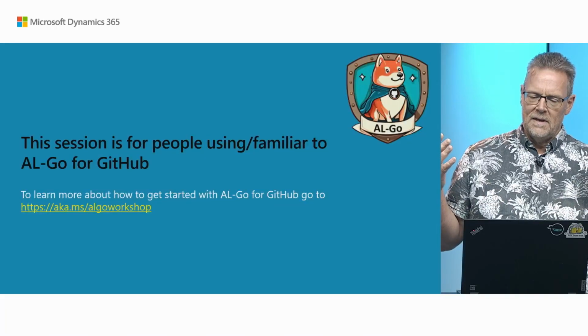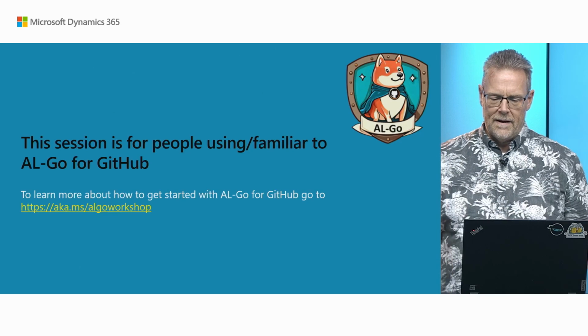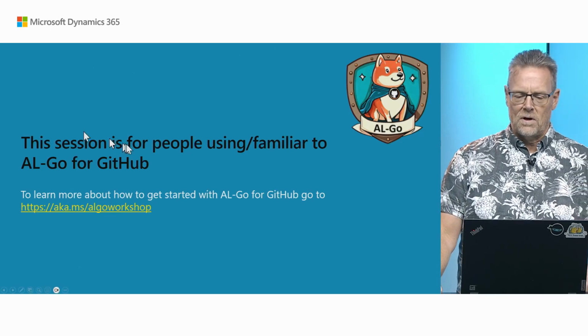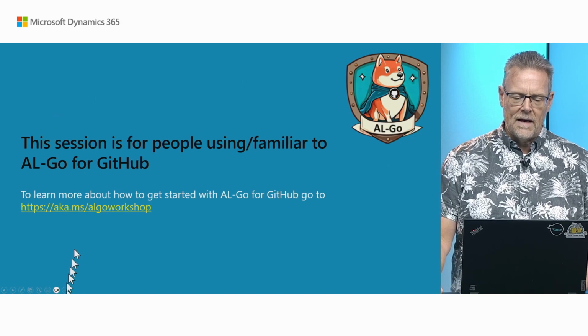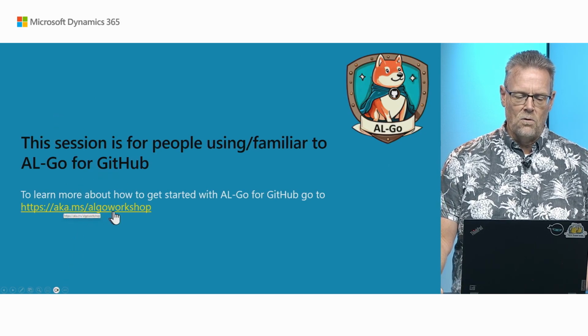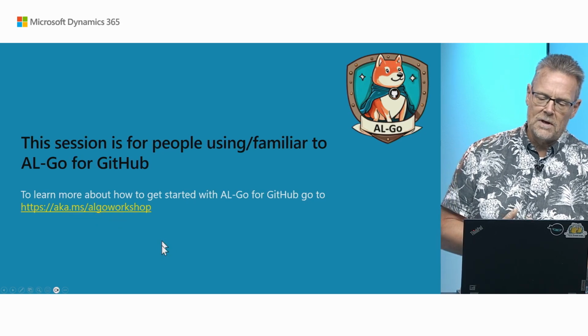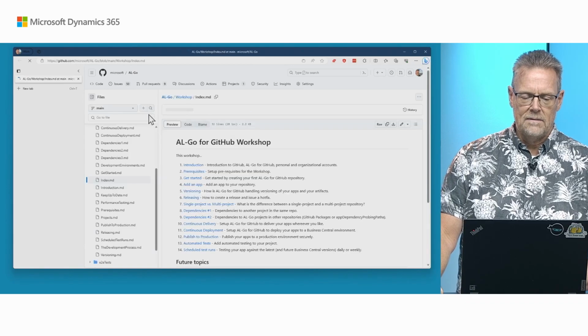So this presentation is not really about how easy it is to get started and all of these things, because this presentation is all about if you are already using ALGO for GitHub, so what's new? I will touch upon, if you haven't seen ALGO for GitHub yet, then I will urge you to go to this URL, aka.ms/ALGO workshop. Let's click on this one and see what it is, and just briefly show you what